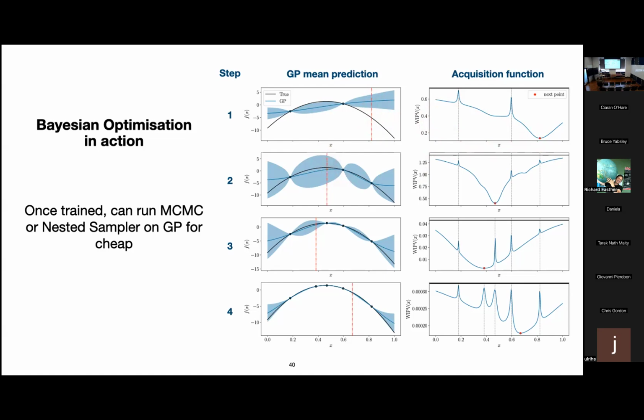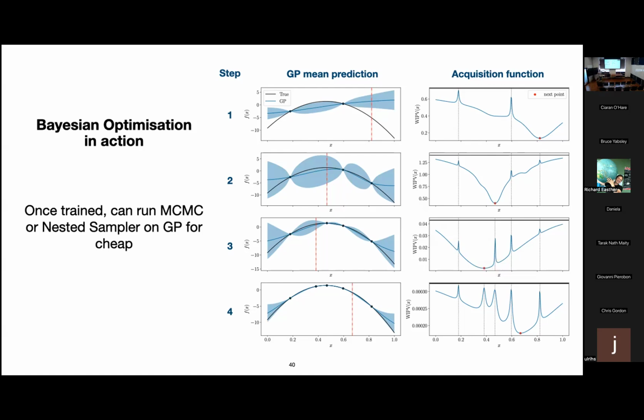Once you repeat this for a few steps, you start to learn the function better and better. So the uncertainty goes on decreasing, first at the regions where we know the function is large. As for the acquisition function itself, its optimization landscape is quite complicated, because it can have multiple local minima. And these spikes here represent values at which you've already sampled the function. The spikes represent that you don't want to sample the function again here, because if you sample it here, you don't get as much reduction in uncertainty as you would get by sampling it, say, at this point.